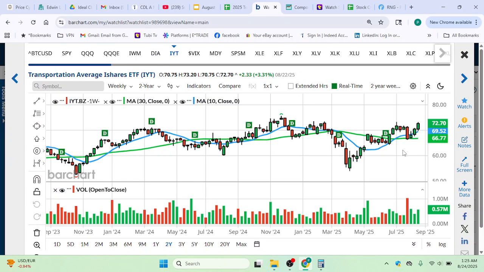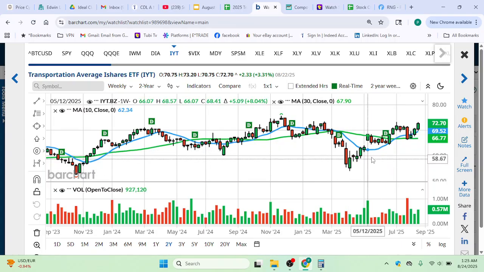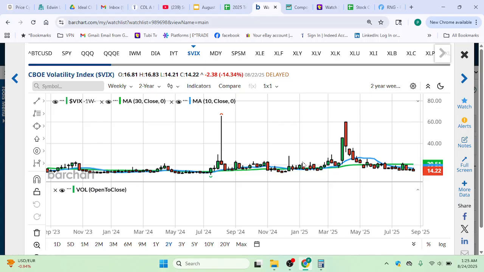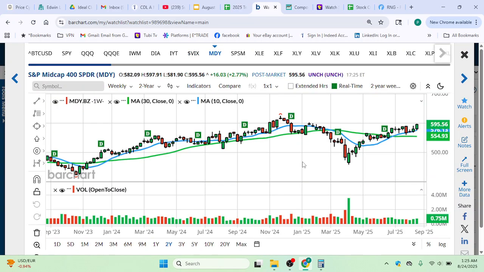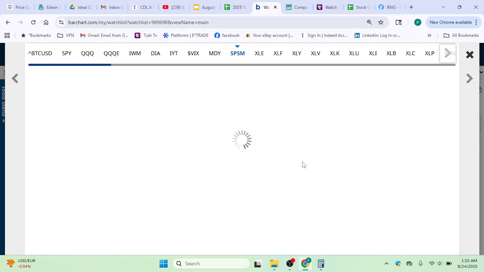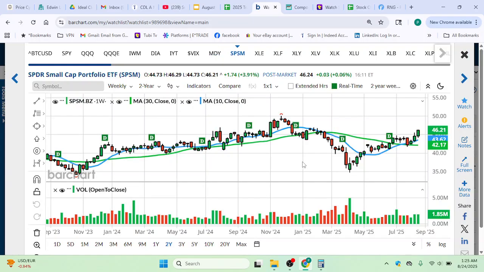And the weakest of them all is probably the transport index, which is pretty flat over the last couple of years, but the trend in this index has been up here since April. So all-time highs in that were 75.59, and we closed this week at 72.70. So if transports can continue this move up and start making new highs, that is also bullish for the markets. So that's just a few things I want to share with you. Mid-cap stocks, similar picture. And small cap index, similar picture, okay?